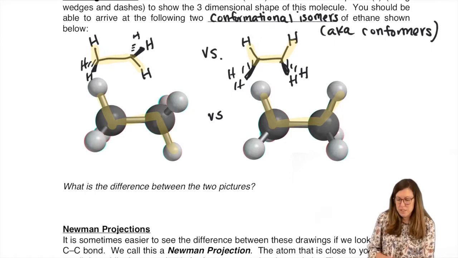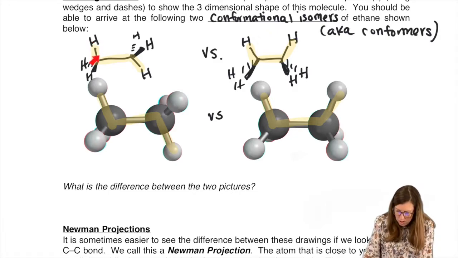What is the difference? It's the planar relationship, right? Not only that, look at how none of the H's line up here. On this carbon, the H is in the plane, but the H that's in the plane is down. The H's that are out of the plane are up here, the H's that are out of the plane are down here. Whereas here they perfectly line up, just superimposed, if you will, on the dash H is another dash H, right?